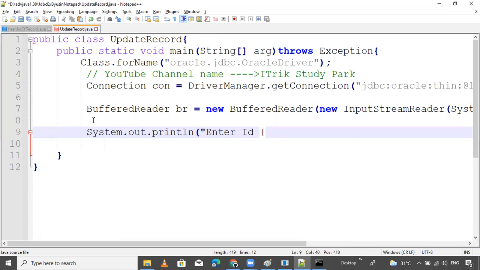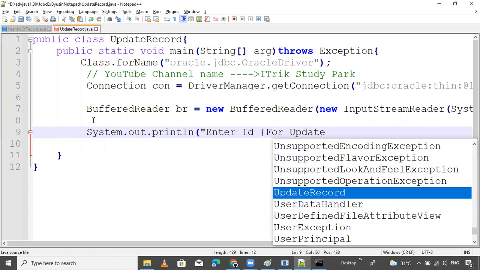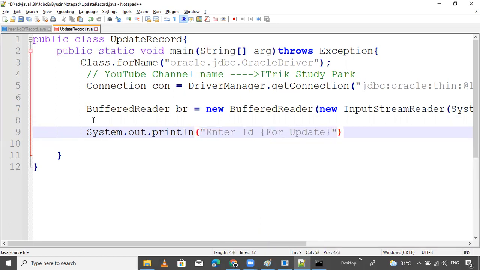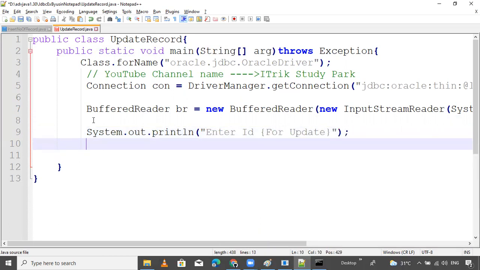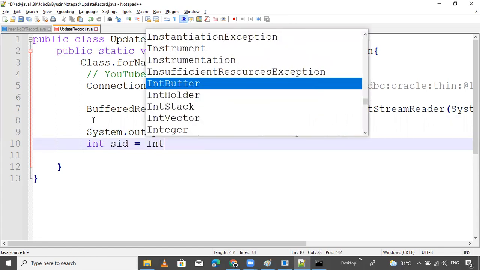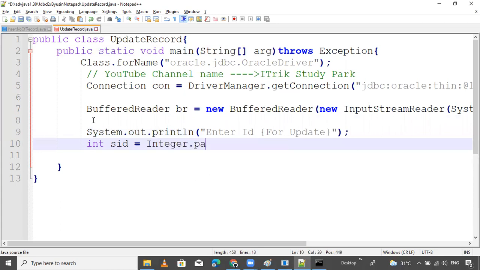Then the user enters the ID. int sid equals Integer.parseInt(br.readLine()). That's it.